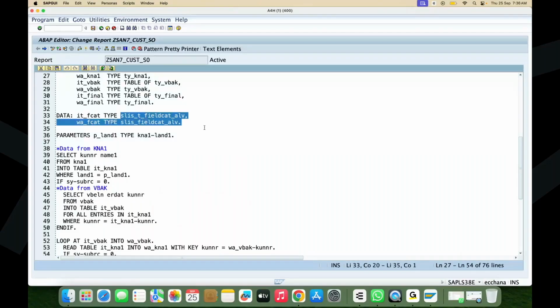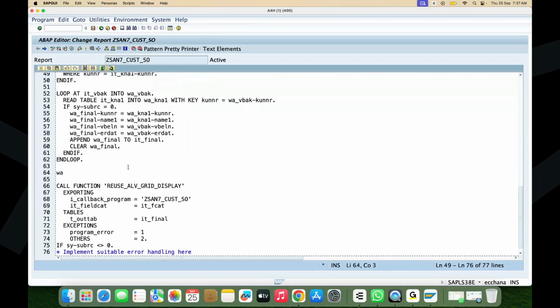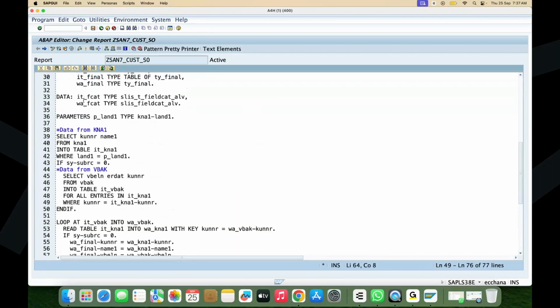I'll tell you what is this SLIS and what are these types, type group information. So for now, this is the way you need to create your internal table. This is the way you have to create your work area. So once you created, you have to fill your work area field cat information first. So what is the information I need to fill in work area field cat? So those things you will get it from your structure. So SLIS field cat ALV, double click,